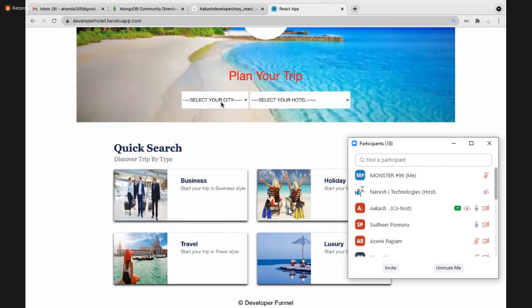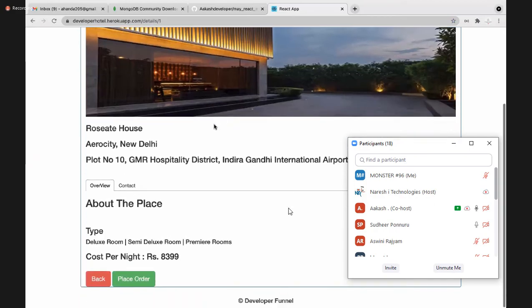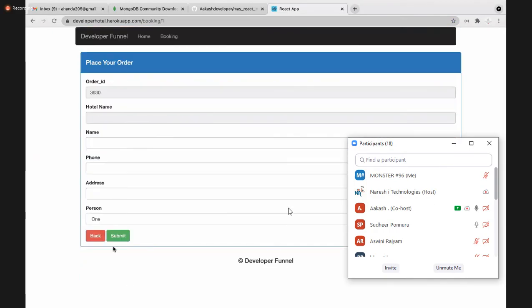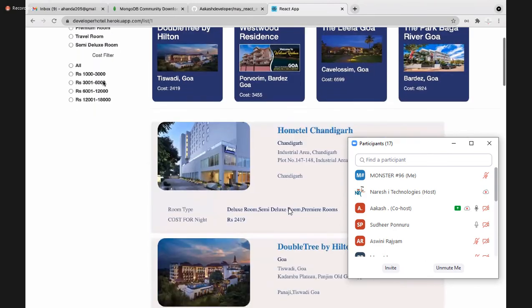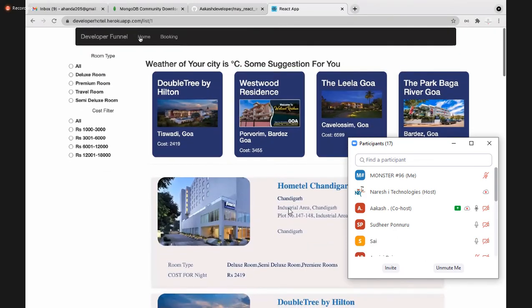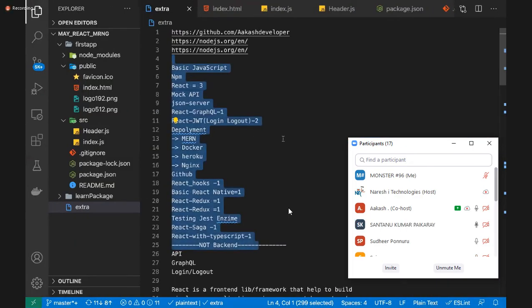See, it is a full-blown application where you select a city, you get a list of hotels, you select a hotel, you come to the detail, you get an image gallery, you can see the detail, you can place the order, you can submit the order, and you can go to the quick search, you will see the filters, you will see the recommendations, you can use these filters. Every feature of one application we are building here. Search bar, sir? Search bar we build in the first application, Shantanu. Okay.